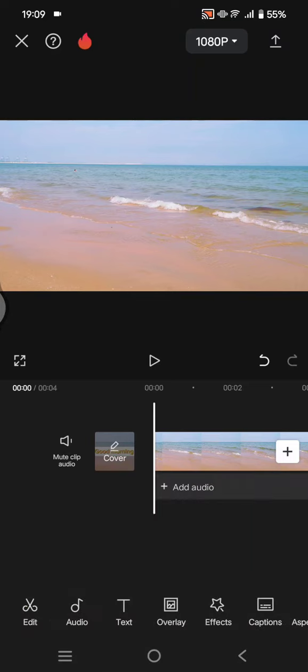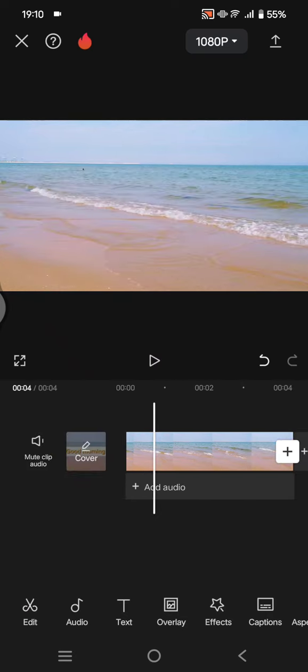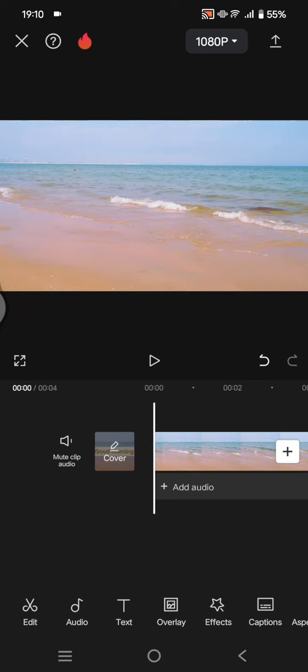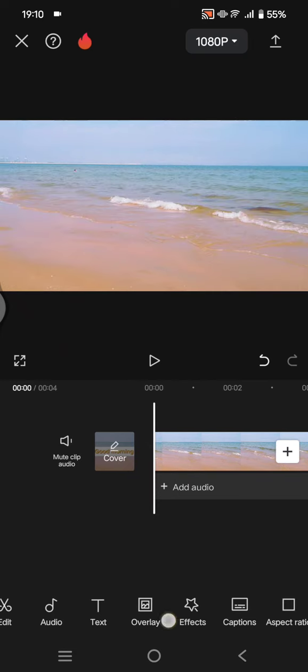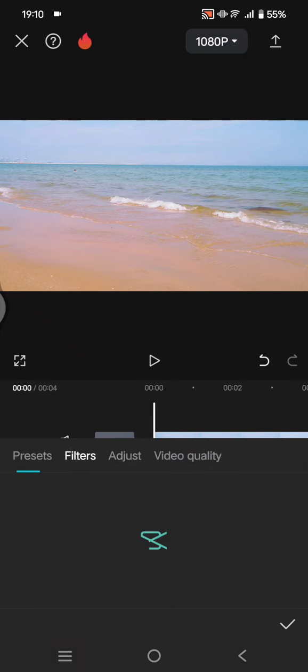On today's tutorial, I'm going to show you how you can easily remove a filter from favorite list in CapCut Mobile. So in here, I've already imported a video and I want to add a filter. Let's say I want to add a filter, so I'm going to go to filters,